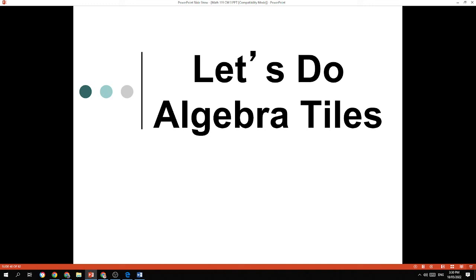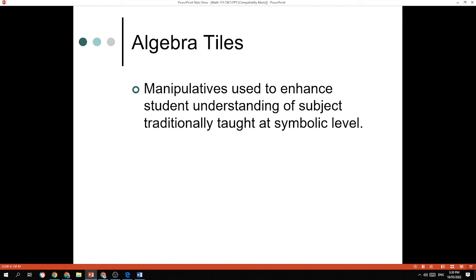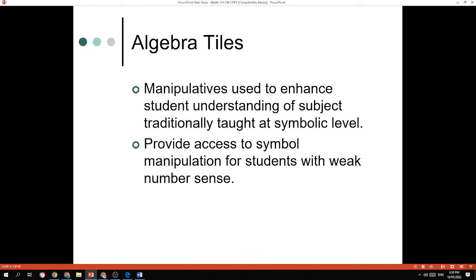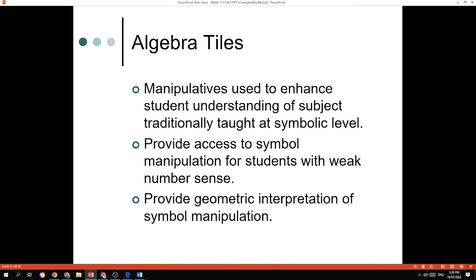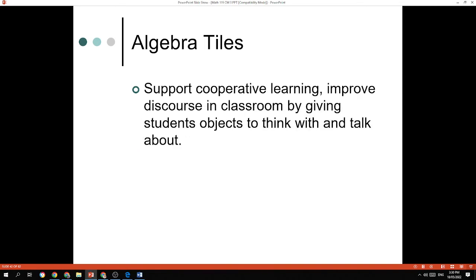We will be dealing with algebra tiles. Now, algebra tiles are manipulatives used to enhance student understanding of subjects traditionally taught at the symbolic level. They provide access to symbol manipulation for students with weak number sense, and provide a geometric interpretation of symbol manipulation. They also support cooperative learning and improve discourse in the classroom by giving students objects to think with